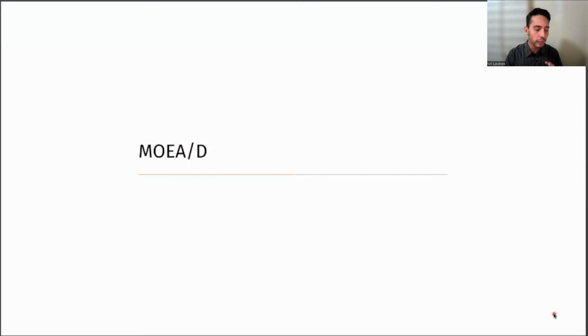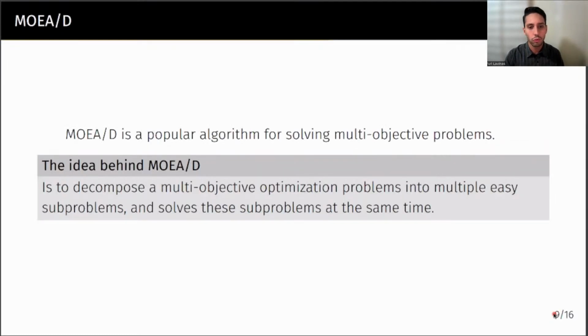All right, so now we understand what multi-objective problems are. But how about solving them? How do I do that? Well, we can use the MOEA/D. It's one of the algorithms for this sort of problem, and it's a very popular